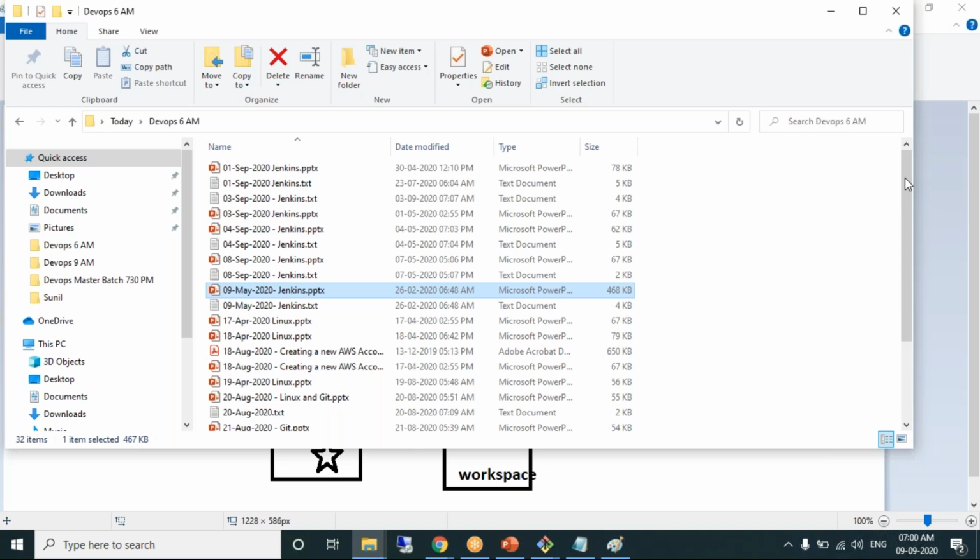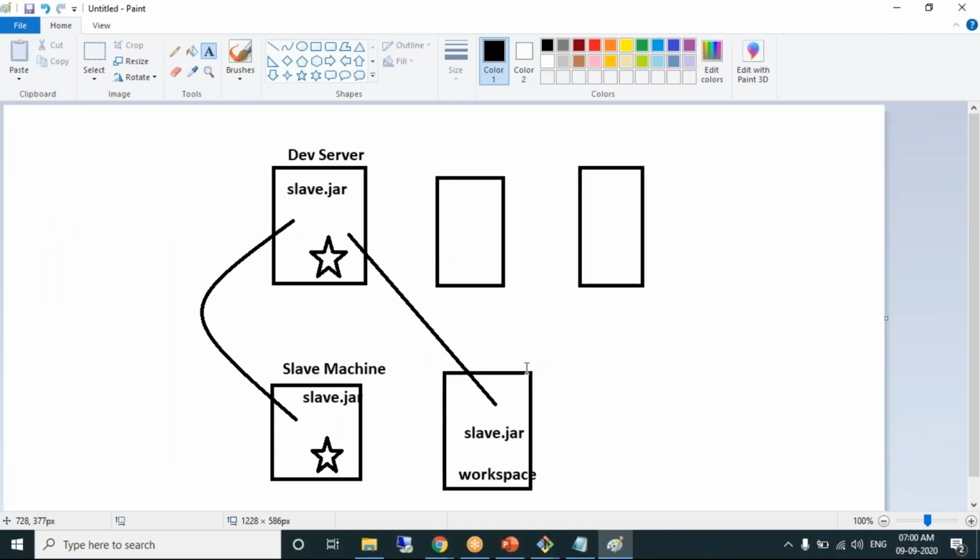So by default, you'll have one node. If you want to run a job on a different EC2 machine, for every EC2 machine there should be one node, a 1:1 ratio between one EC2 machine and one node.